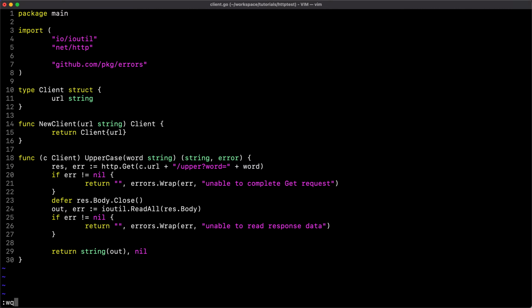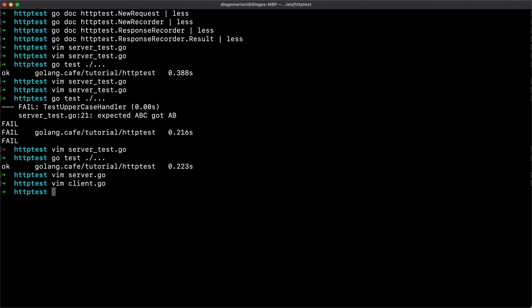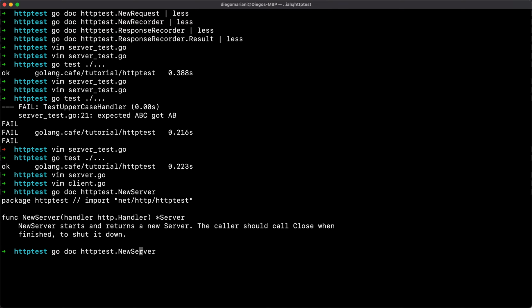But by using the httptest Server type in the httptest package, we can do a very nice thing, which is create a fake server that accepts real HTTP connections, and we can have a handler that is going to return whatever we want. We're going to see in a moment how that works. The first thing that we're going to do is check httptest.NewServer, which returns a server. NewServer starts and returns a new server. The caller should call Close when finished. So remember that NewServer also starts the server, so you also need to remember to close it.